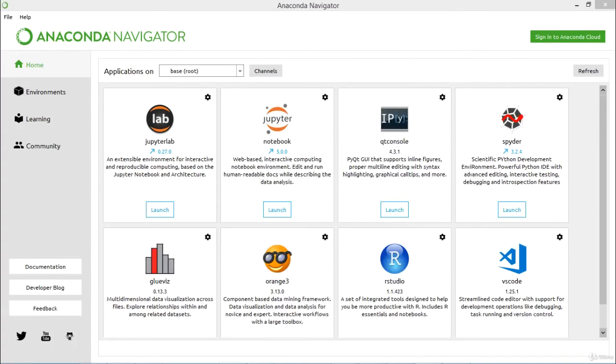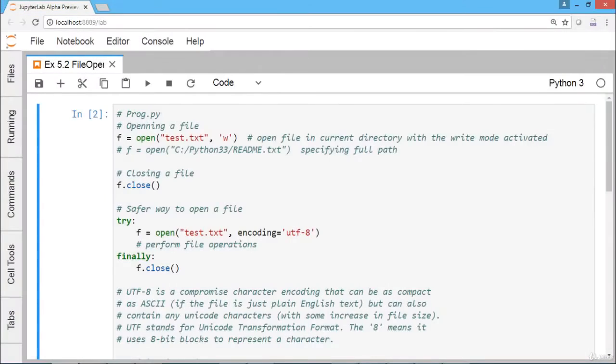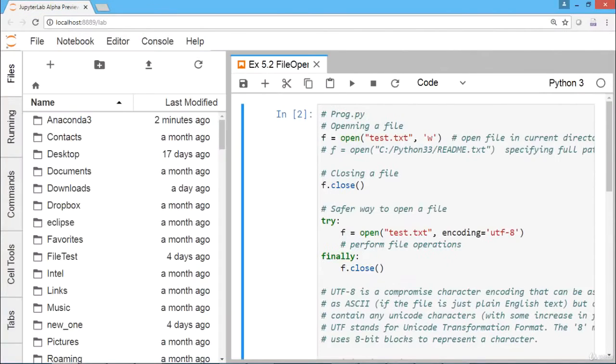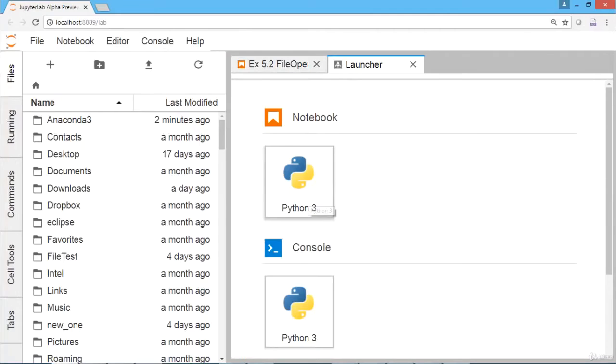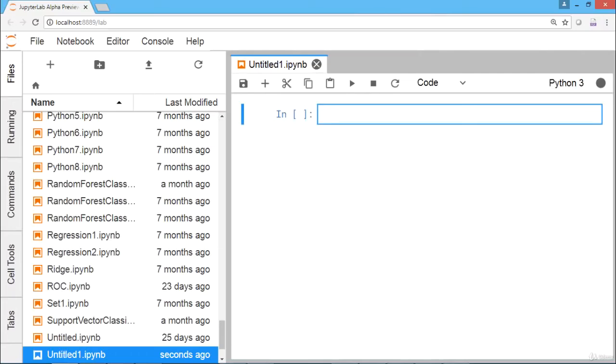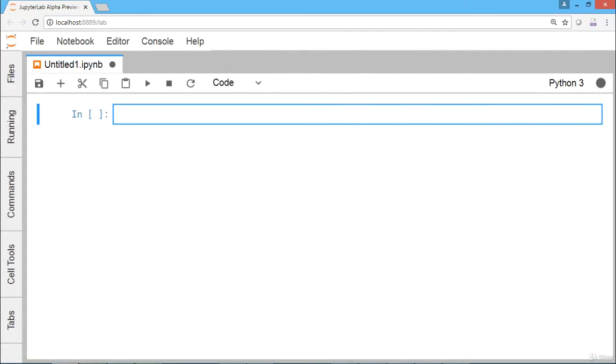This is Anaconda Navigator. Now here we are going for this Jupyter Lab. It will open it in a browser. So here I shall go for this plus, going for this Python 3. So you can find that this is our untitled.ipynb, so there is the extension. Here you can write the code.